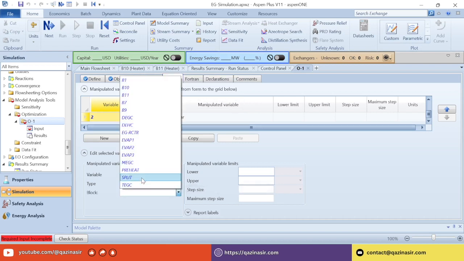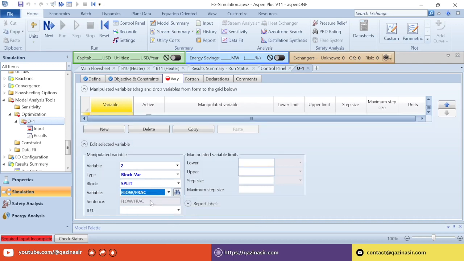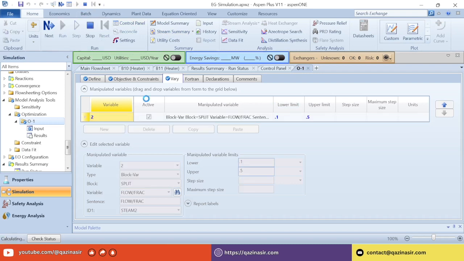It is again for a split, and it is a flow fraction, and it is for stage number 2, starting from 0.1 to 0.5. Okay, after that we can click on the run button to see